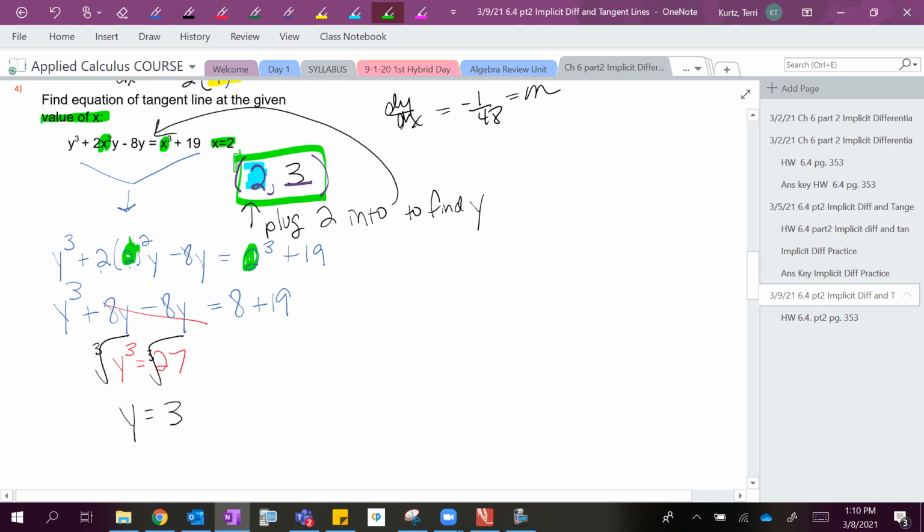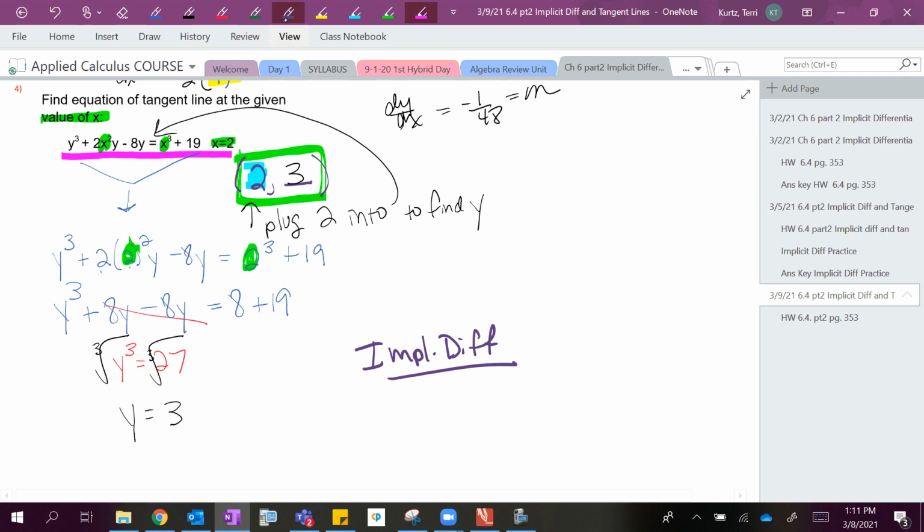So now again, when our final goal is a point slope equation and we filled in the point that we need, now we need to find the slope by taking the derivative. So I'm going to come down here and do implicit differentiation on my original equation. Okay, and we get 3y squared dy/dx